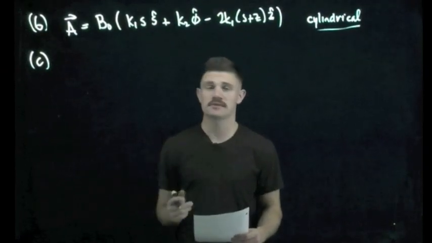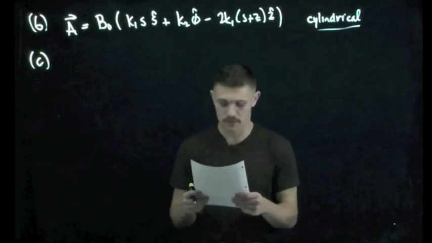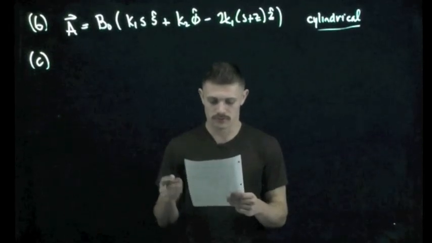So the last part of problem 6 is C, and that says for the Coulomb gauge, we want to